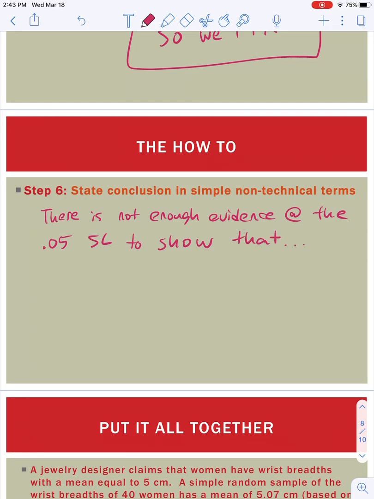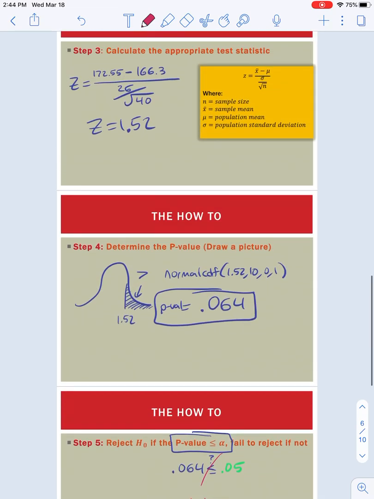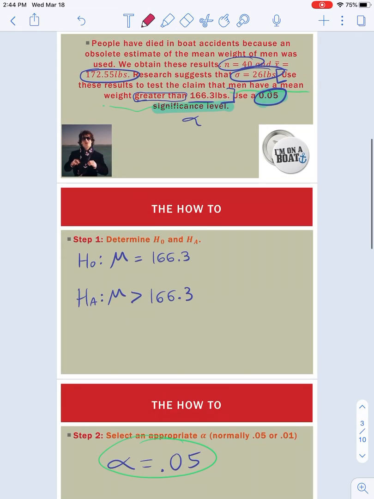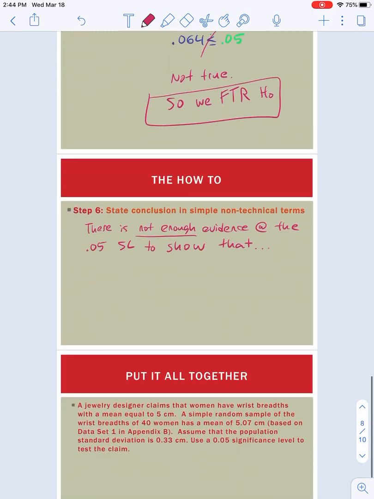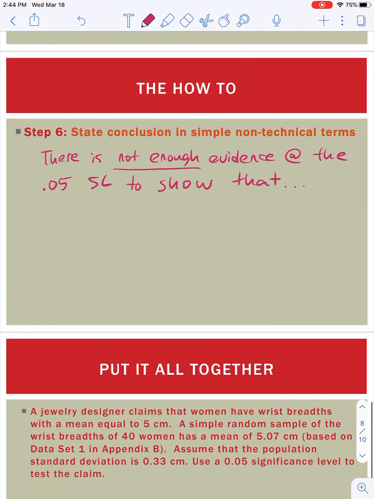You would say there is enough evidence if we were rejecting, but when we're failing to reject, there's not enough evidence at the 0.05 significance level to show, and then we're just going to put the HA, the alternative hypothesis, into words. The alternative hypothesis had said that the mean weight of men is now greater than 166.3. So that's what we're going to say, that the